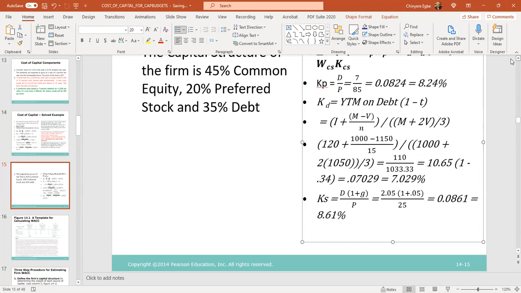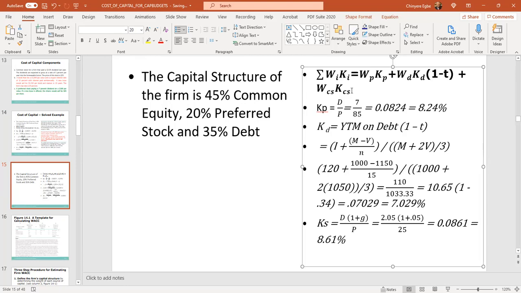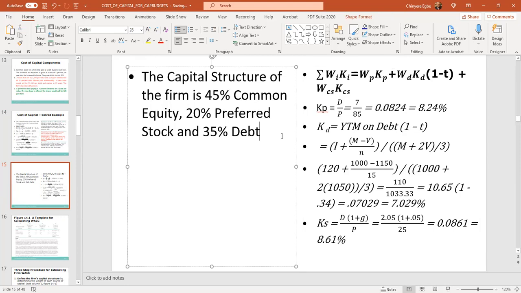All right, so now we have all that information. We have the formula. We have the capital structure. And so now we're going to calculate the weighted average cost of capital. Okay. The weighted average cost of capital, we have here the cost of preferred stock. And preferred stock is 20%. So the weighted average cost of capital is 0.2 times the cost of preferred stock, which is 8.24%